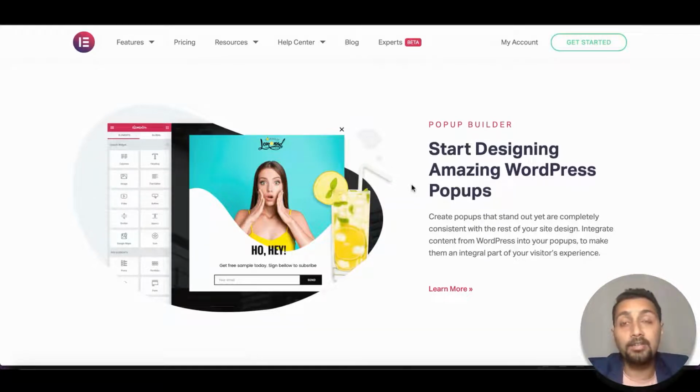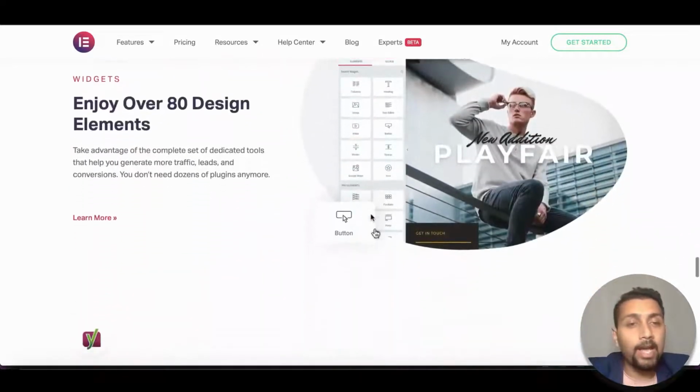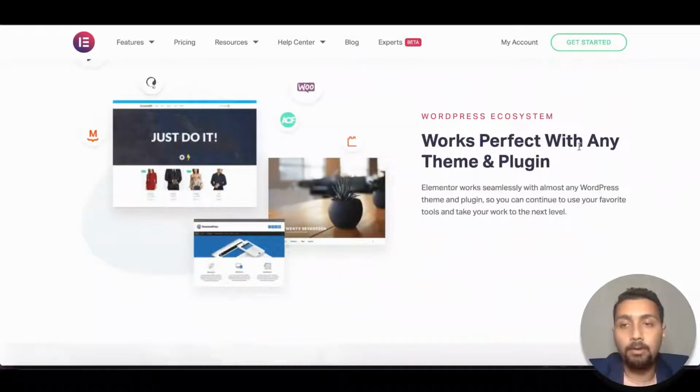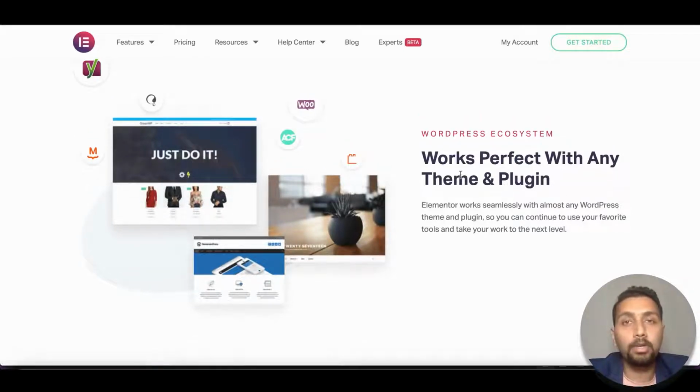which has everything that you need, all right, which has everything that you might need in future as well, because Elementor Pro keeps on coming up with updates regularly, and new features keep on coming that will blow your mind, and you will be amazed at what all you can do with Elementor. All right, and then we have these over 80 design elements with Elementor. We are going to use them. It works perfect with any theme and plugin, but just like I told you, sometimes there is a problem of compatibility between the themes and plugins, so I don't completely agree with what they have written on the page. But the theme that we are currently using, OceanWP, is perfectly compatible with Elementor, and it will not pose any problem to you.